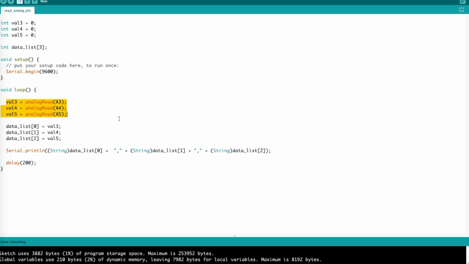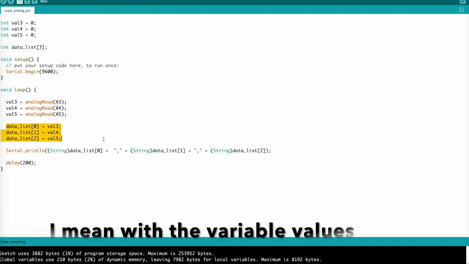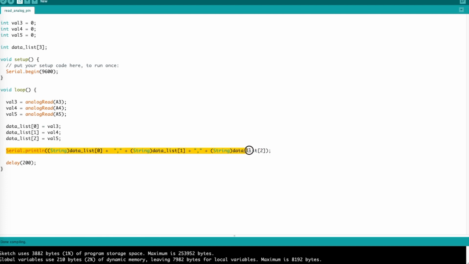In the loop block, I'm reading the analog values for those pins and storing them in the variables, and then filling up the array with those variables, and then finally printing out a single string as a comma separated value. And that comma separated value is then sent by serial communication via the USB cable to the computer. I've added a 200 millisecond delay just to slow down the communication a bit between the Arduino board and the